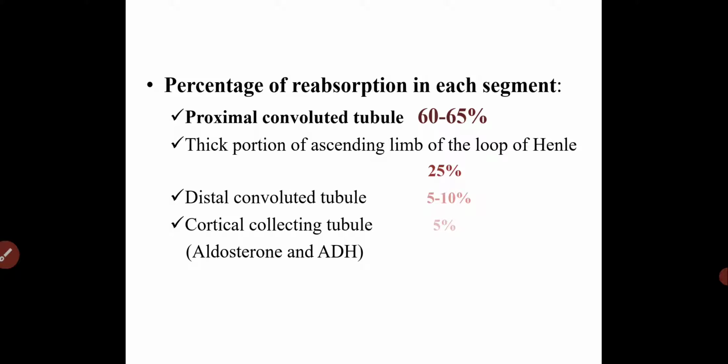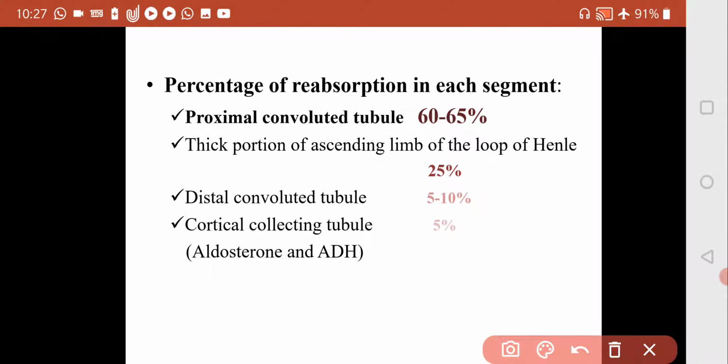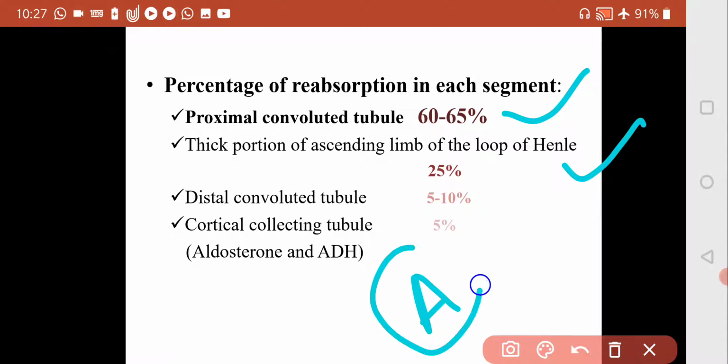This is important. Why is acetazolamide weaker than loop diuretics? Because acetazolamide acts on the proximal convoluted tubule. It inhibits particularly at the proximal convoluted tubule, where tubular reabsorption is 60 to 65%, and loop diuretics like furosemide act on the thick ascending limb of the loop of Henle. But it is more effective.